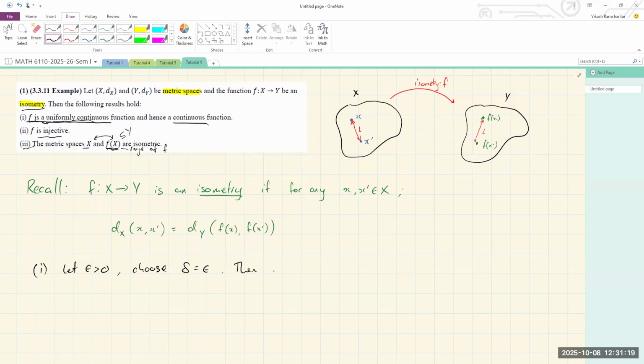Then for any two points in X, so let's call them x and x prime,